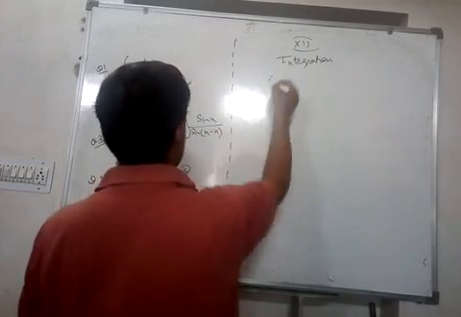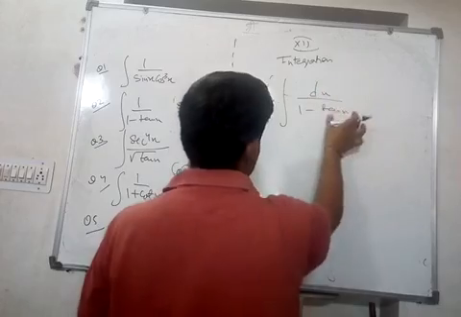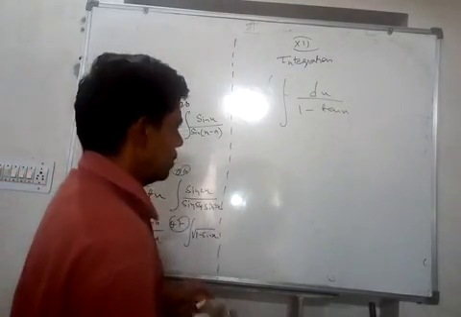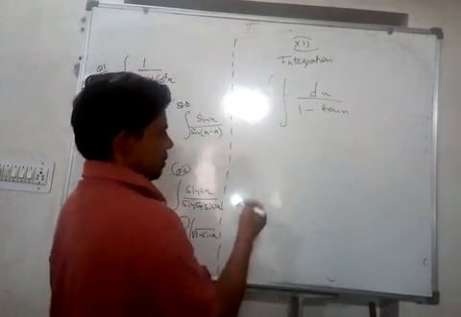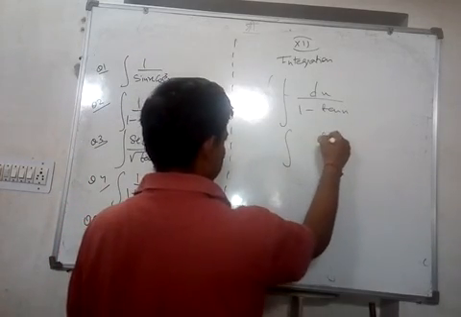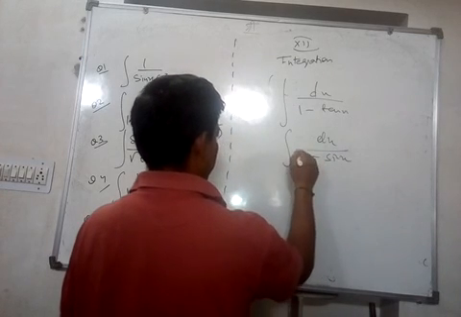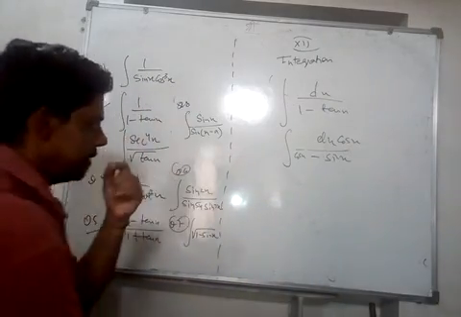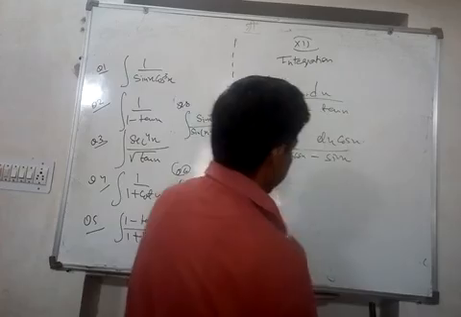Suppose we have this question, integrate 1 upon 1 minus tan x dx. So tan x can be written as, okay, try this, pause the video, try this and tell me the answer. What is the answer? See, the answer could be matching and the answer may not be matching. So my method would be convert this into sine upon cos. Let's see what happens. Sine upon cos. So this will become cos upon cos will go here. Cos. Right? Now we can dx cos x.